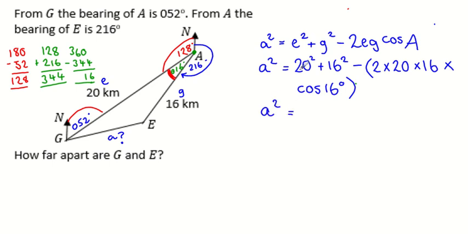Now just type all of this into your calculator, use brackets around the 2eg cos A so that the 2 has been multiplied by each of the terms here. Now that will give you